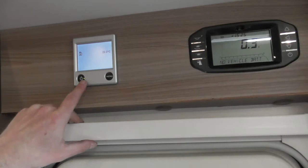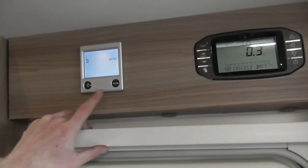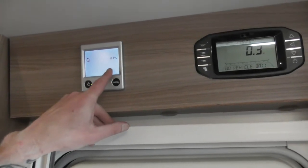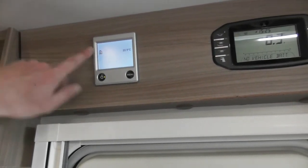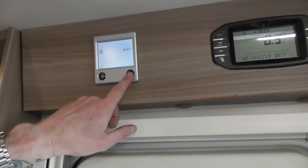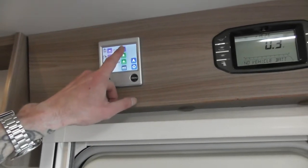If that changed to red, it would show you've got a fault with the gas or electricity. And it usually would tell you what the issue is in writing on here. Your caravan is represented by that little house with the thermometer in, right there. Okay? Room temperature at the moment is 22.5 degrees. What I'll do is go into it and turn the heating up to 23